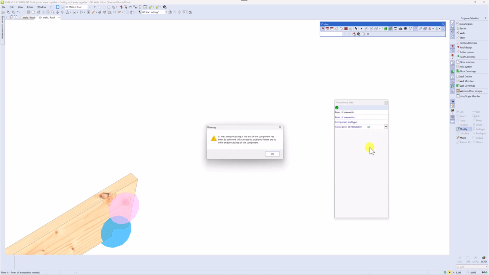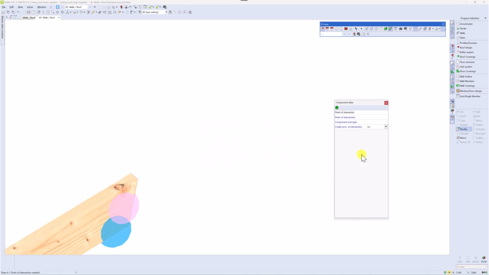and here you change this to no, a warning will appear. It says at least one processing at the end of one component has been deactivated. This can lead to problems if there are no other end processings at this component. It's very important that you just read it and you understand what it says. So if you just say OK and you confirm it,